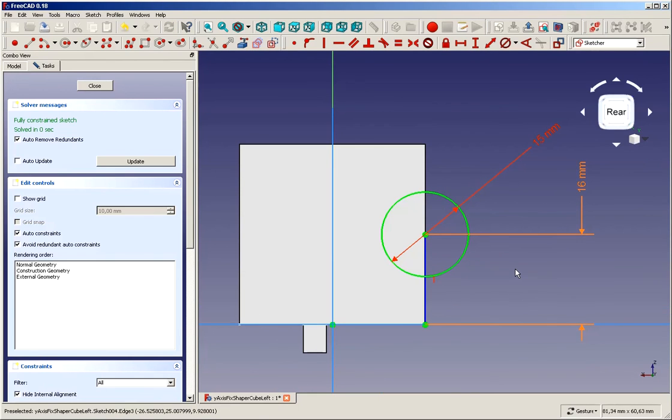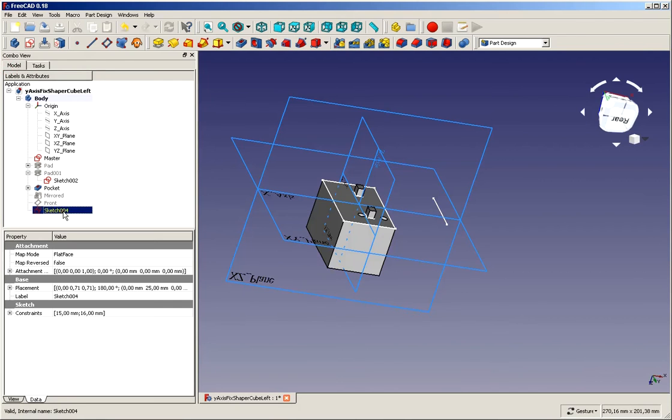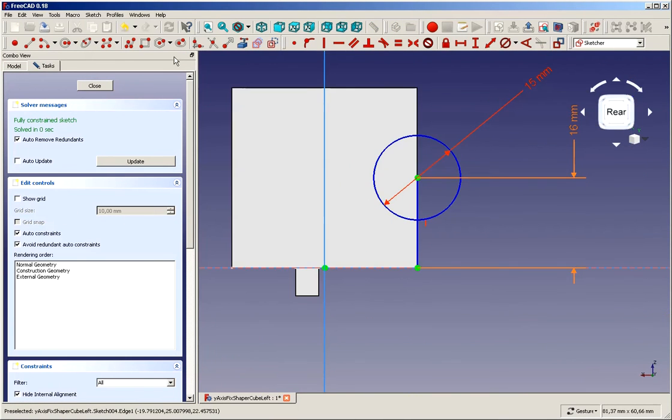So the problem is now we first have to create something where this hole can protrude through. So let's simply select the circle and make it another helping geometry. Create a new circle. Start the circle in the center. Don't do this as long as you're not really convenient with your mouse and FreeCAD. Better do it the classic way, which is create a circle somewhere, select the center points, put them onto each other by coincidence,